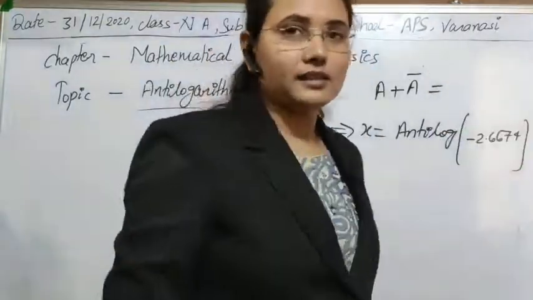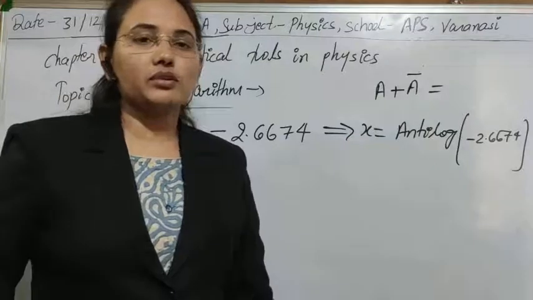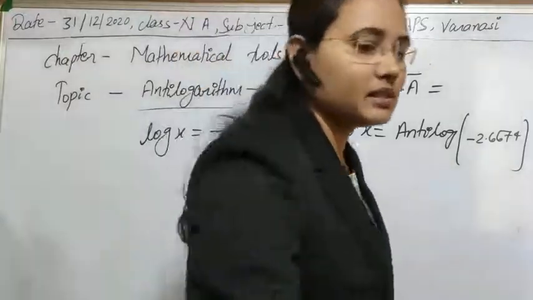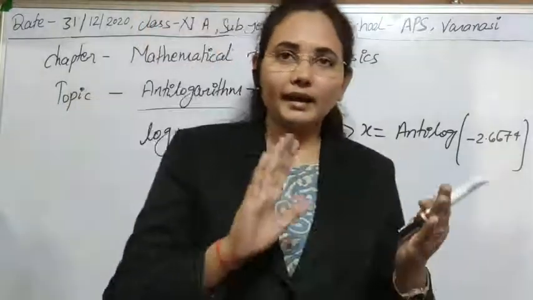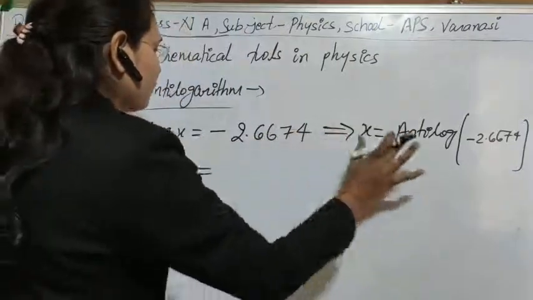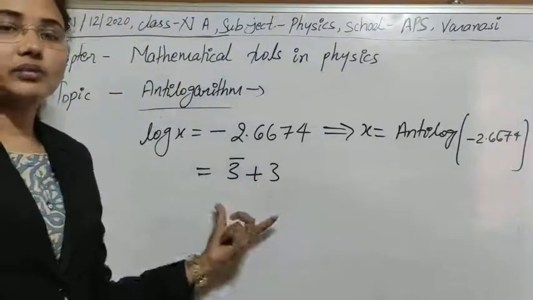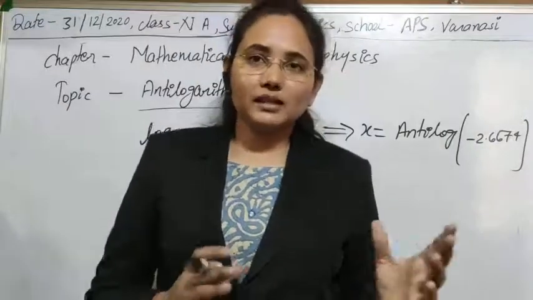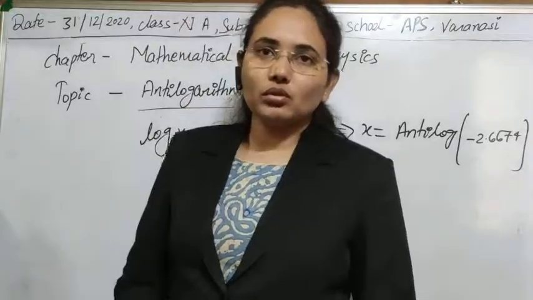0. So suppose if you have 1, then 1 bar plus 1 is equal to 0. In this way you can understand this concept easily, because the bar and normal quantities cancel out each other. So if we write 3 bar plus 3 and add it, you will get 0. This is just like adding minus 3 to plus 3, and you get 0, so no change in the equation.